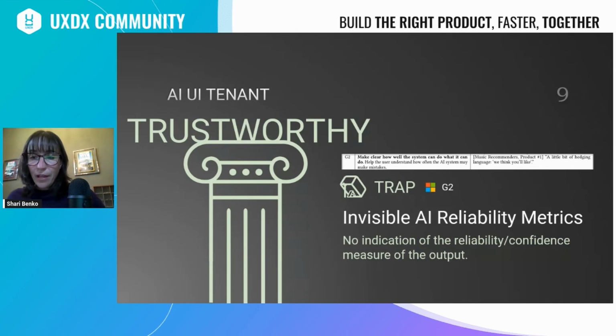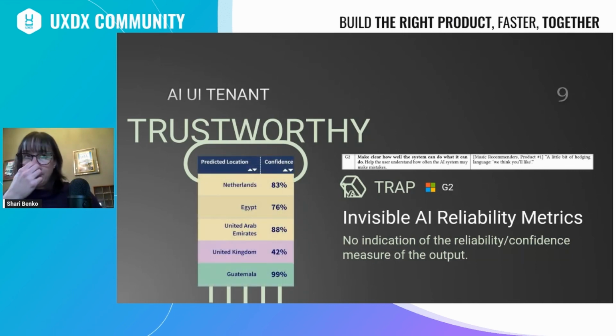The example on the left that you're about to see here is a little bit closer to what I was picturing, right? I think the wording that Microsoft uses there on the right hand side, the example, a little bit of hedging language, we think you'll like. Now, if you imagine that in the context of, say, healthcare, and it's trying to detect a cancer on an image, we think it might be cancer. I don't know how well that might go over. So, from my perspective, and in the domain that I work, I prefer a little bit more concrete, a little bit more